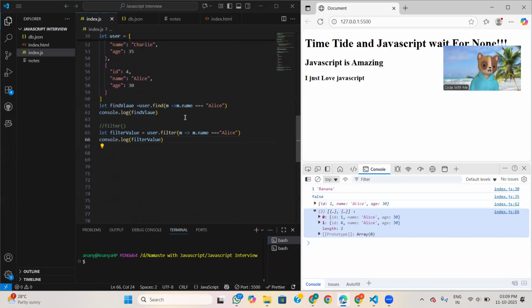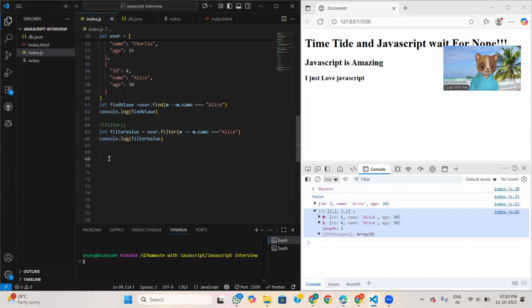And the filter method checks the whole array and creates a new array. It will not modify the existing array. So from the last video and this video, we learned two kinds of array methods: one modifying the existing array and the second filtering the existing array.